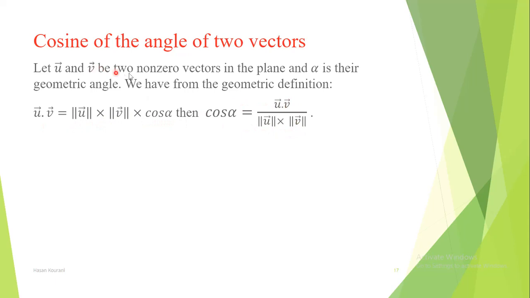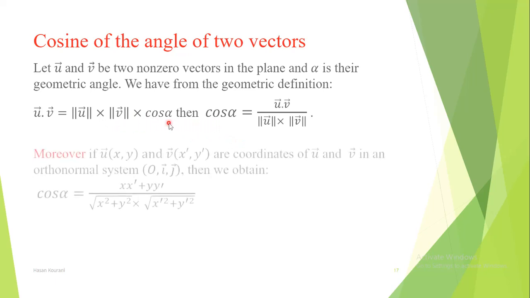Sure, we said here two non-zero vectors, and this is important in order not to get a zero in the denominator. Since you know the zero vector's magnitude is 0, at the end we get an undefined fraction. So it's direct. We can just derive it from this definition. Let's see